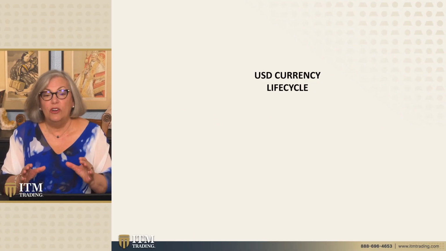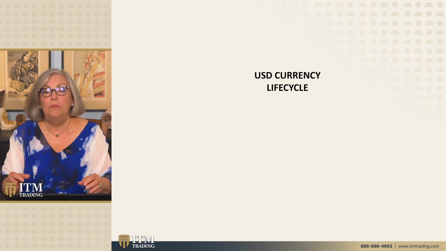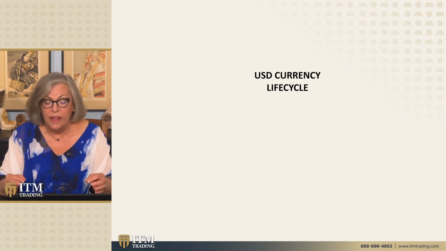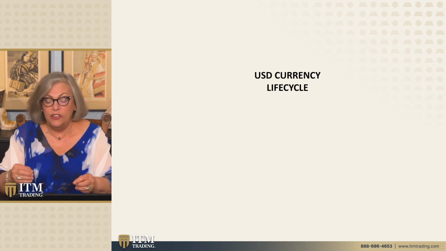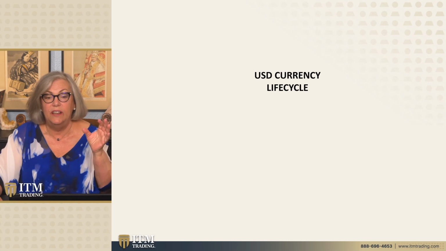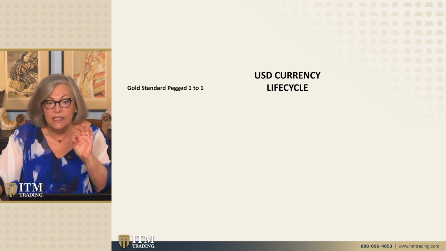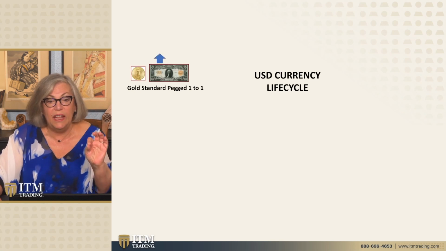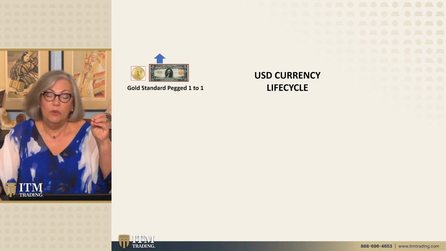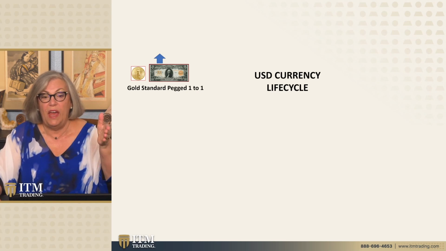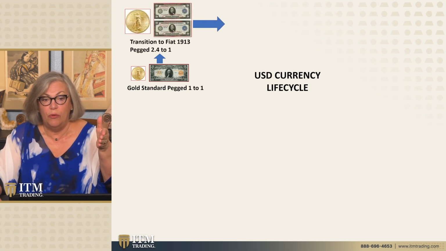I talk about currency life cycles all the time because there are typical repeatable patterns around that. And so we are now entering, and actually we started entering it in 2015, a different phase in the currency's life. So let me just take this through to you, because in the beginning, gold was pegged, it was a 20th of an ounce to $1, but it was pegged on a 1-to-1 ratio.